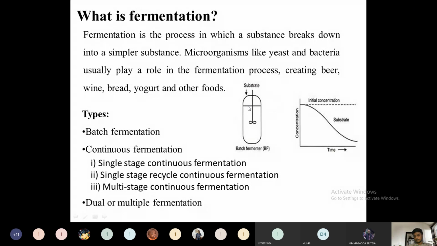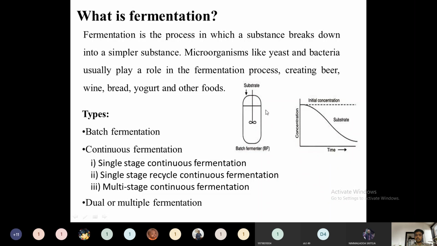Because every time we drain the products that form, after draining we will sterilize the tank and add a new batch of inoculation or a new batch of substrate. Whenever we sterilize before each batch, the chances of contamination will be very low. So the batch fermentation process will require very little space,